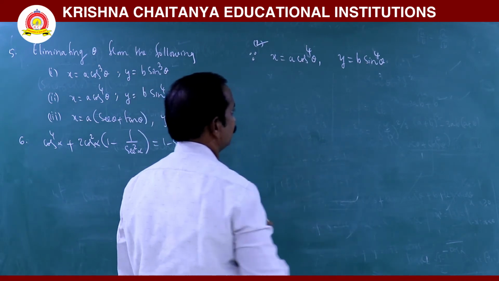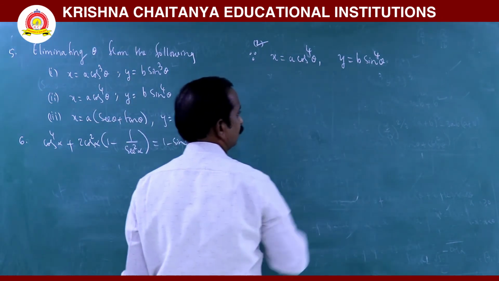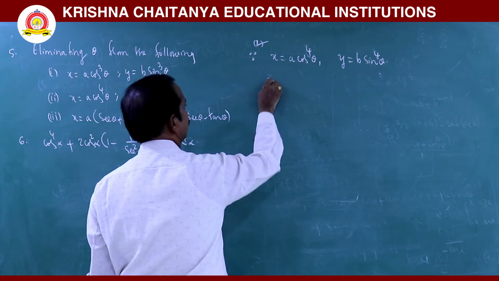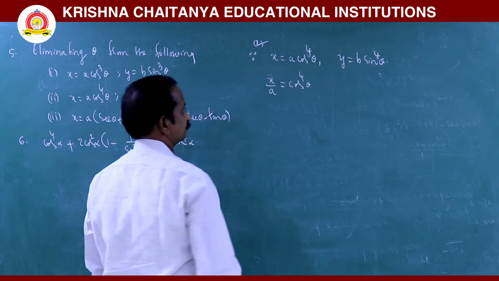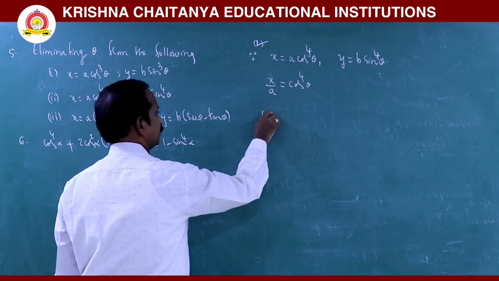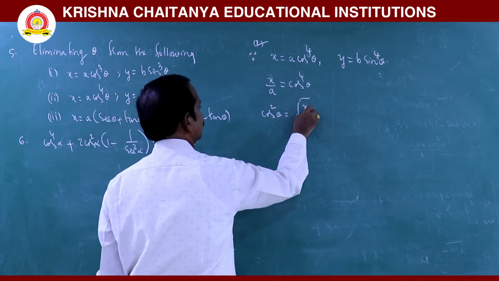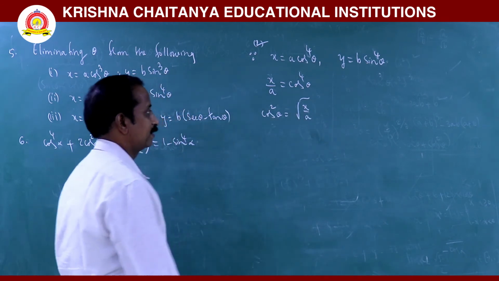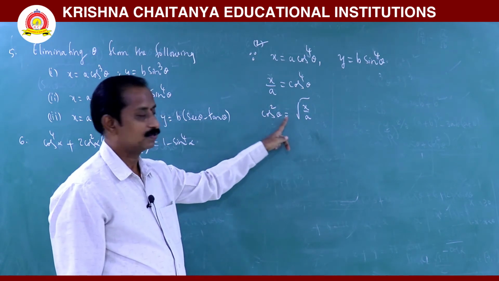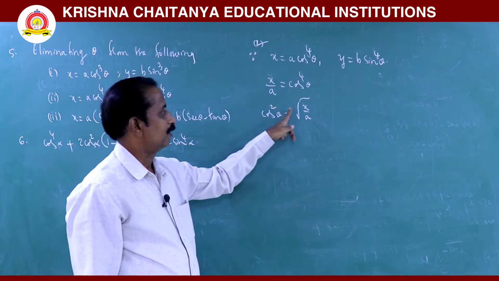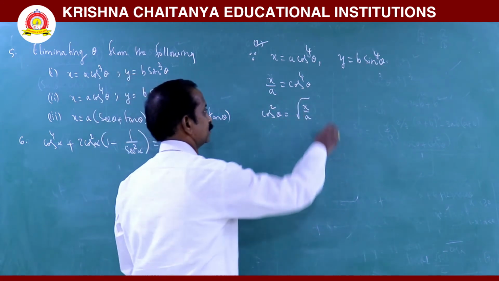Same as the first problem model, we can solve for sin theta and cos theta from the given two equations. Dividing by a, it becomes x by a. So x by a is nothing but cos power 4 theta. Can I write from this one cos square theta? So directly we can write cos square theta is nothing but root of x by a. Is it correct or not? Just checking again, squaring on both sides, it becomes cos power 4 theta. After squaring, the square root gets cancelled, we get x by a. So it is 100% correct.